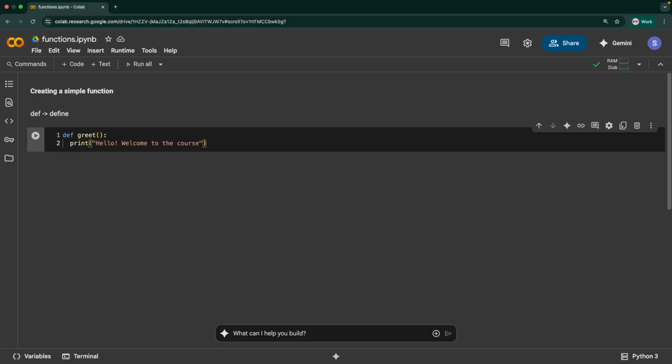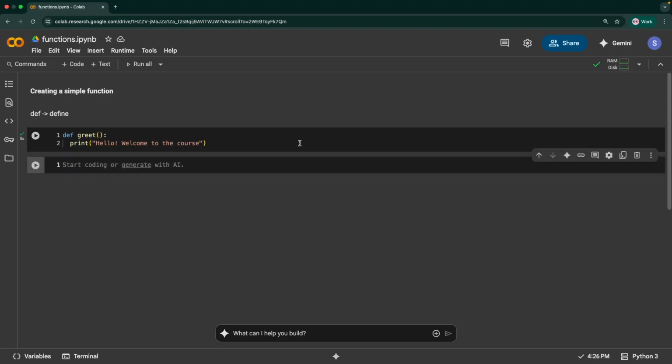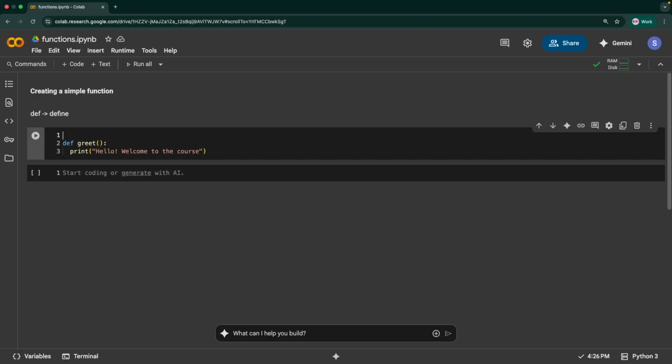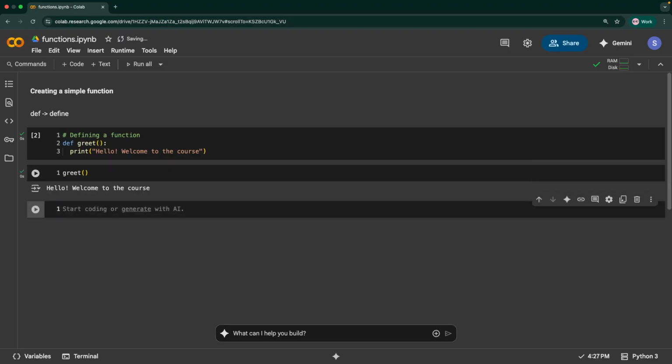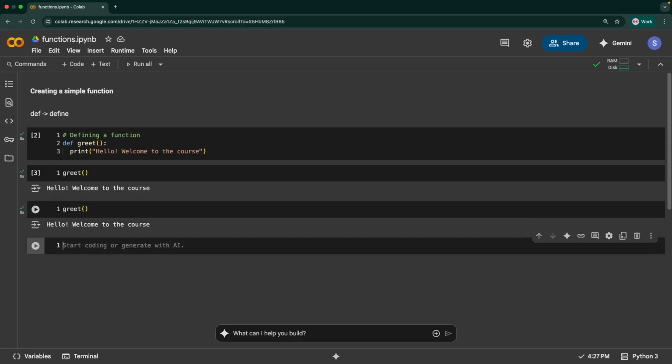Now when I run this, it is not going to print anything, because we are not printing this; rather, we are defining a function. So we are defining a simple function. When you want this function to be executed, you call that function name: greet, open and close parenthesis, and that would run whatever code you have within that indentation. Let's say I want to reuse this function, I can simply call greet again. So I can run this again.